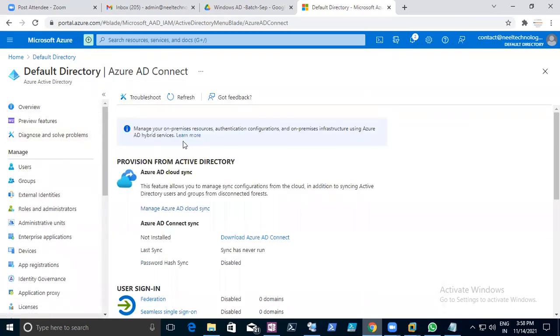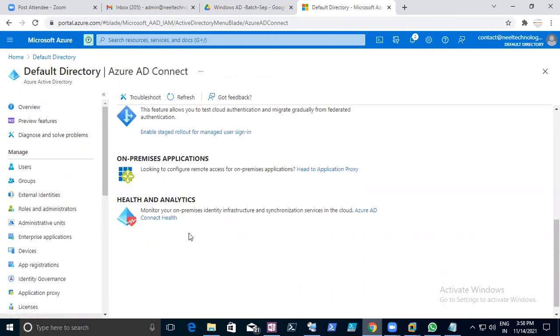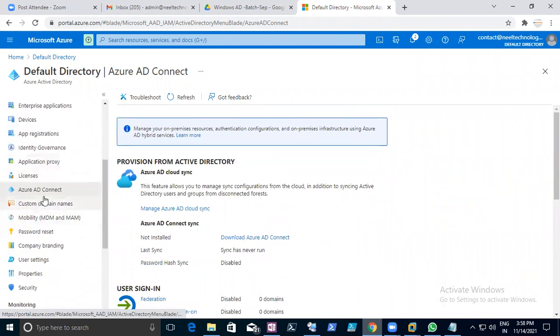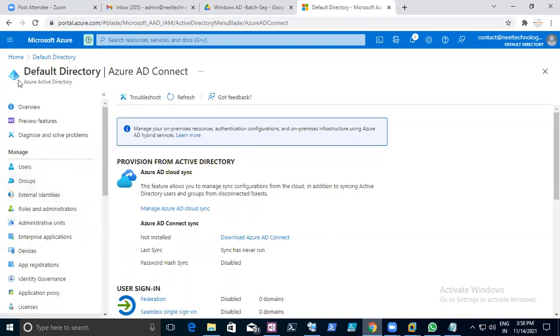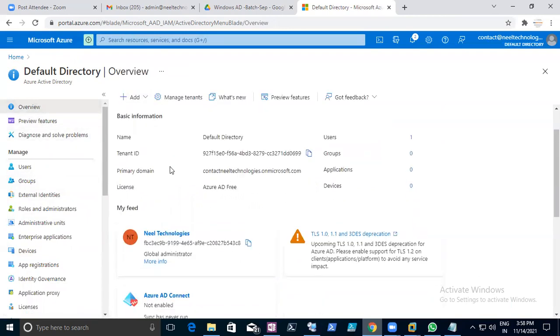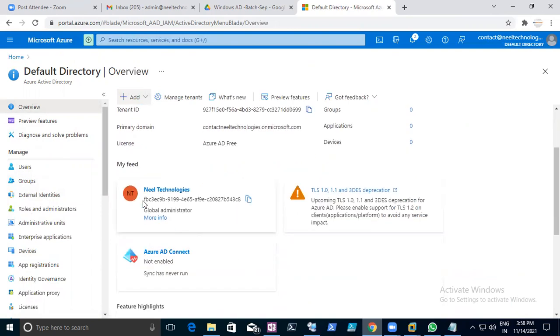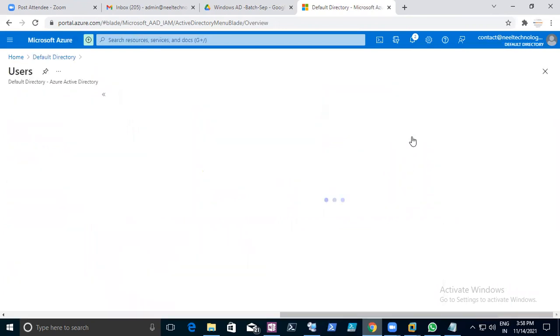Where are those add options? I'm going. Okay, Azure AD Connect here. Do you see? It was showing when you went there the first time you clicked. Okay, click Overview. Here, right? No, add. It's coming here, the default. Oh, add users. So add users is coming. Maybe in the contact, on the right side, the signed-in user, the default directory.